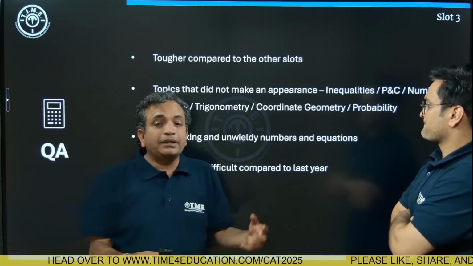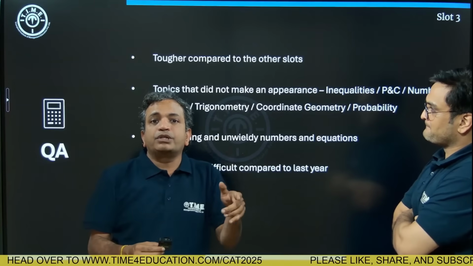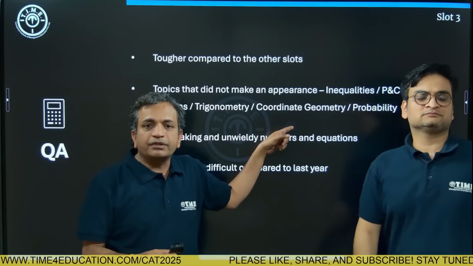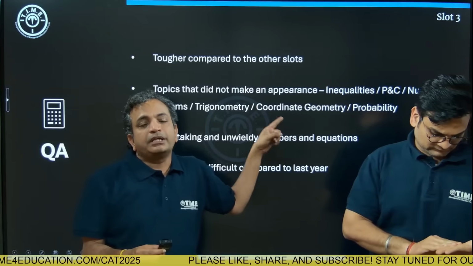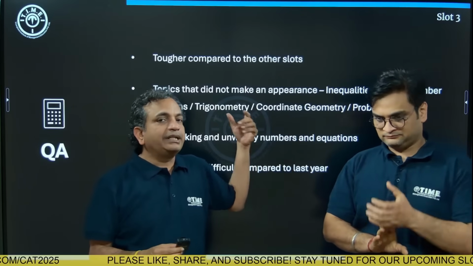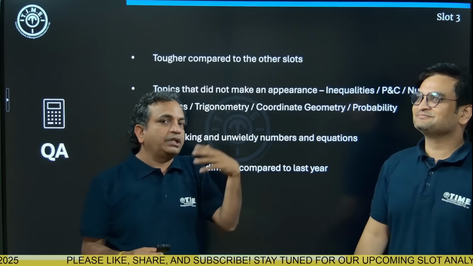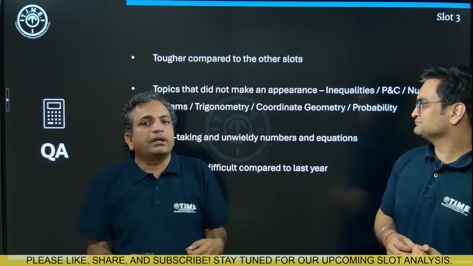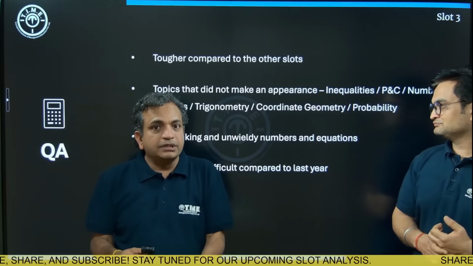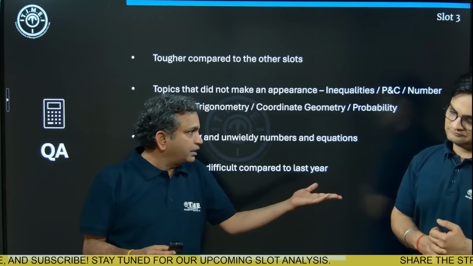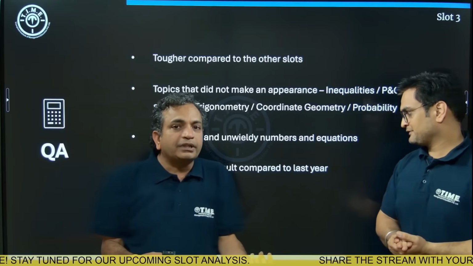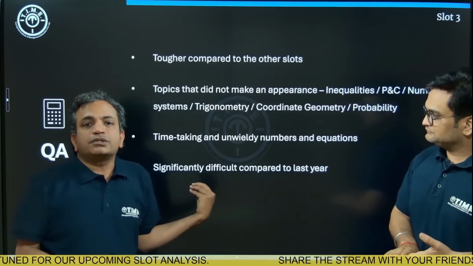But that doesn't mean that, again, we reiterate to make sure that tomorrow CAT may change its colors. When I say tomorrow, I mean the next year or the year after, CAT may change its colors, and it may surprise you. So whatever topics you left out because they didn't appear recently may come back. That's what happened in BA. PFQs made a comeback. Numbers is making a comeback, right? There was 1 question in the morning slot, 3 questions in the afternoon slot. Even last year, numbers' presence was not felt significantly, right? But this year we've seen 3 slots from numbers.